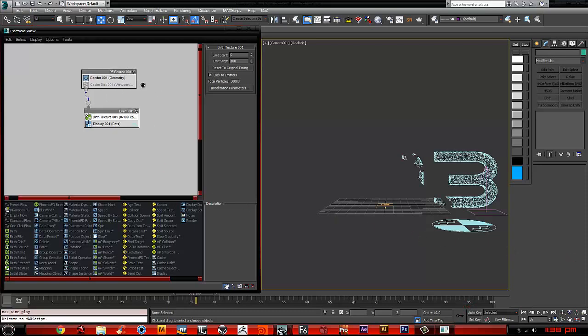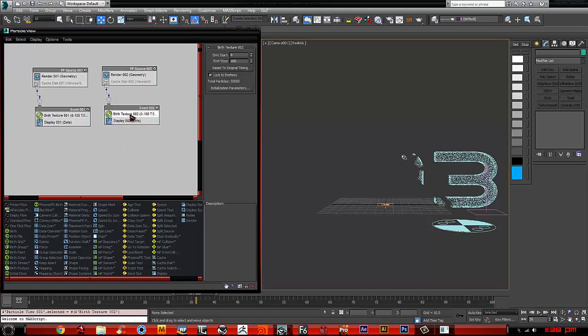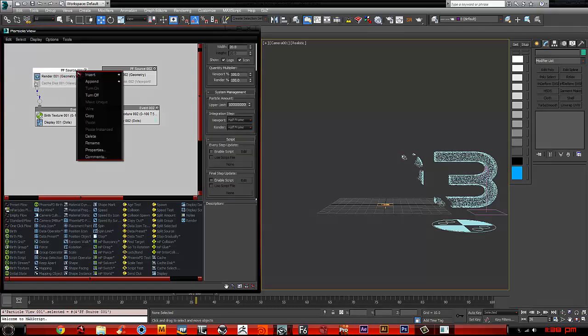Okay. First of all, I'm gonna copy the whole thing to the other side here as a copy. Next, I'm gonna turn off this one because I don't need it, because we used this one just to eat the geometry. I'm gonna rename this one here